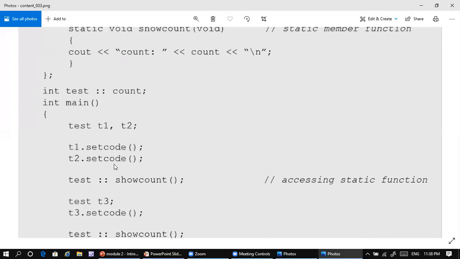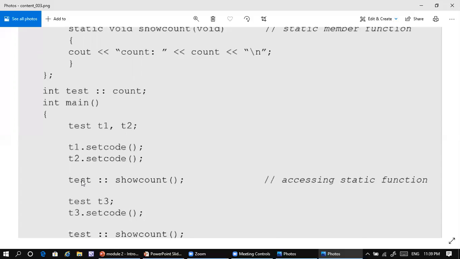The second time, again you are using the set code function, isn't it? So then the count will become 2. Next, what do we do? In order to access the static member function, as we discussed in the characteristics of the static member function, we can call the member function of a class just by specifying the class name.